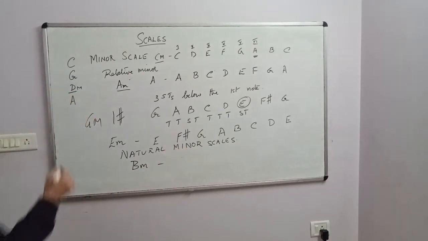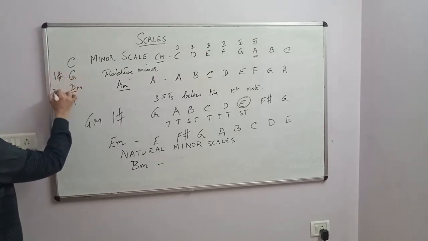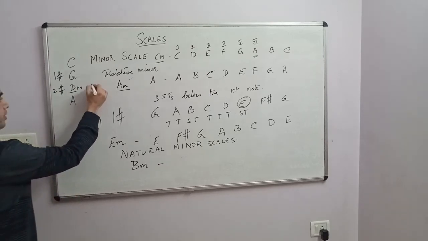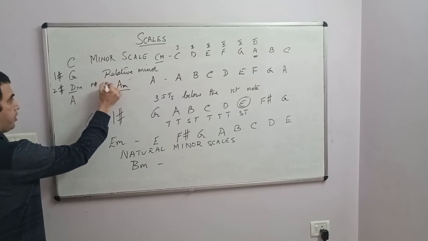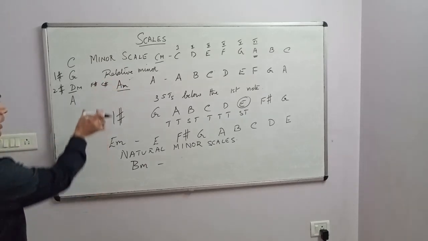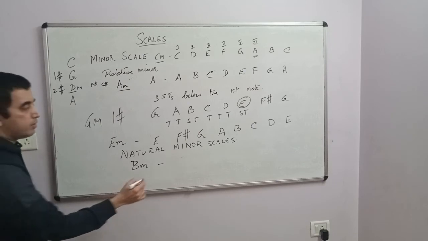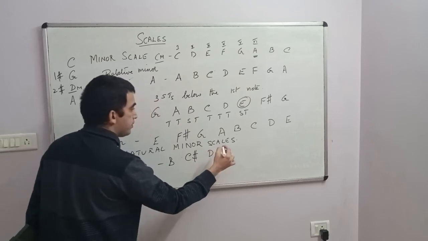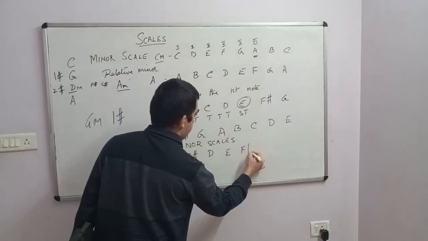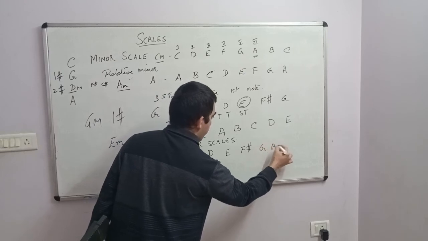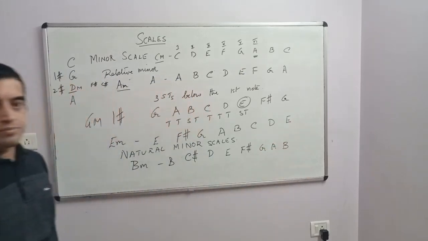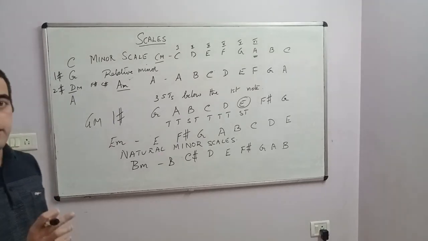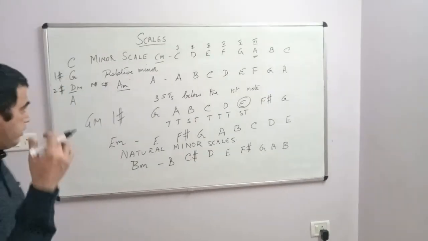Okay, right. So this is 1 sharp, this is 2 sharp, right? So what are the 2 sharps in D major scale? It will be F sharp and C sharp. So you should remember, you have to take these 2 sharps in your minor scale. So it will be B, C sharp, D, E, F sharp, G, A, and B. Okay. So this is how you derive the minor scales.